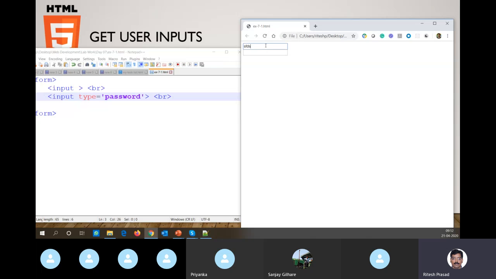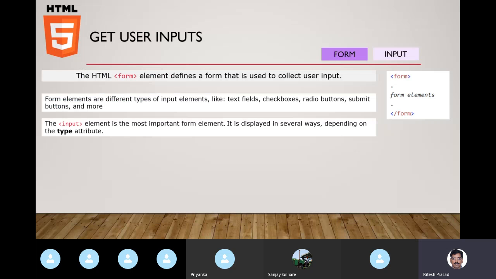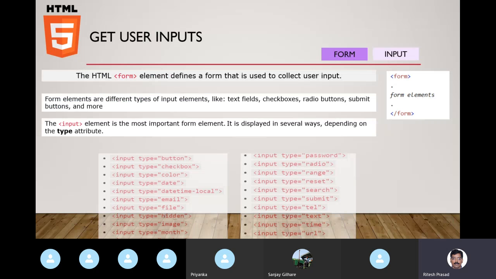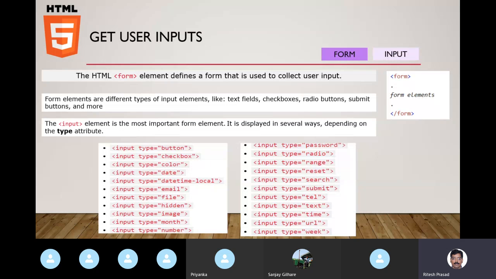The second one is password. This one is where I am able to type something and I can see it, but this is the password field where I am not able to see anything that I typed. Okay, and this is how it changes. So there are many such types. Let's take a look at various types that are possible. It's a big list. We may not be needing all of them, but some of the important and most frequently used ones are